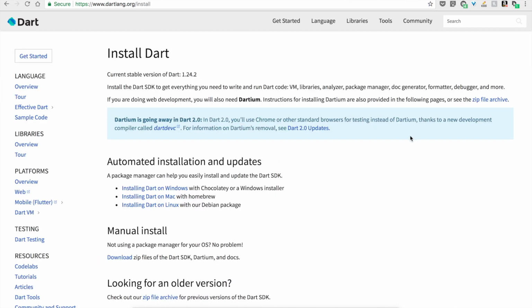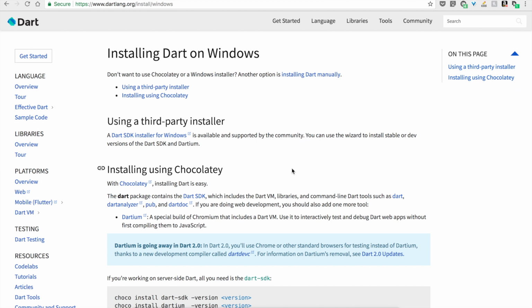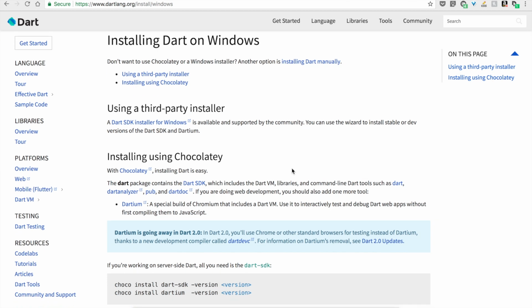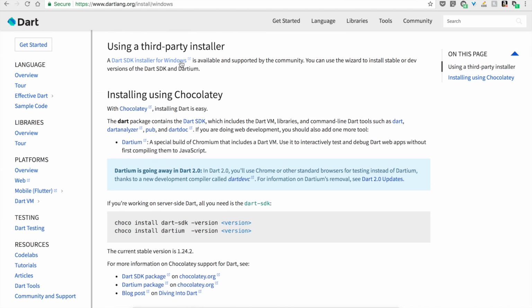Install Dart from dartlang.org. Install Dart on Windows, and they're recommending Chocolatey. If you're familiar with Chocolatey, it's basically what Mac users are doing when they're using Brew. So there is an installer for Windows, and I work mostly on a Mac, but I also have a Windows 10 machine. And I've discovered that using the Chocolatey installer will sometimes mess up a little bit, and it's probably